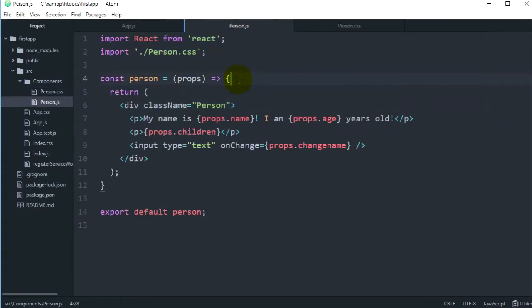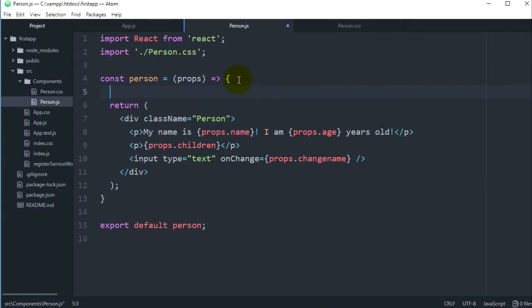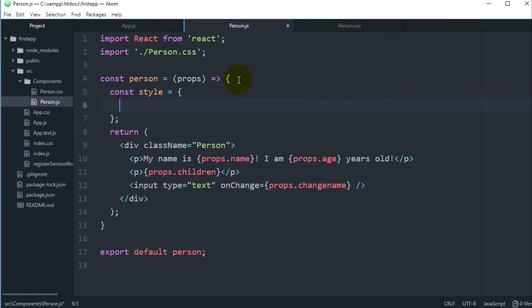how to do that. So in your component, we need to have another variable which is const here, and we'll name it style. Of course, here you also can choose a name, whatever you want. You just make it style. And here I'm gonna add some background color, and let's say this,